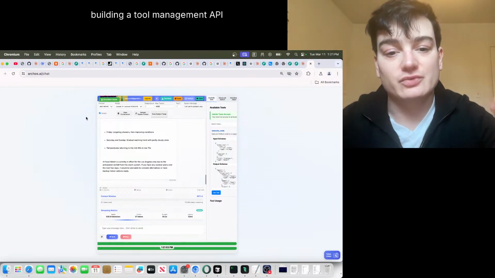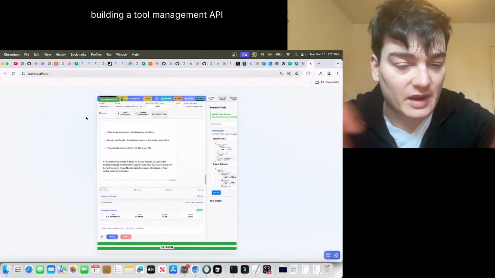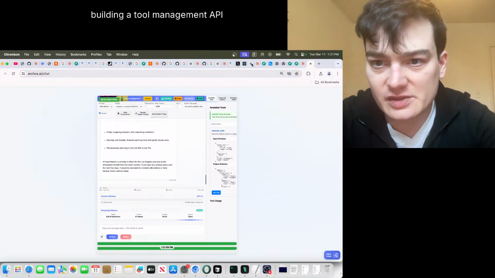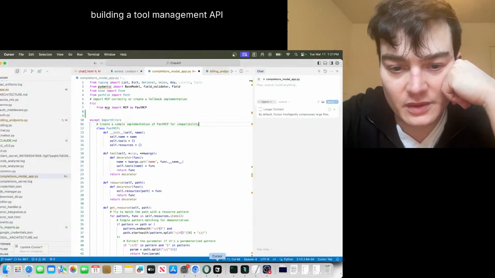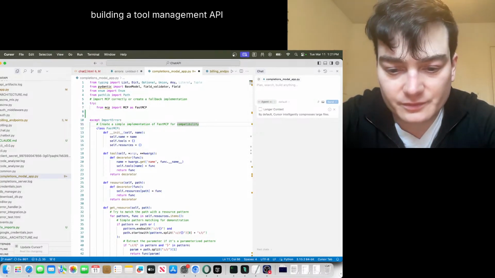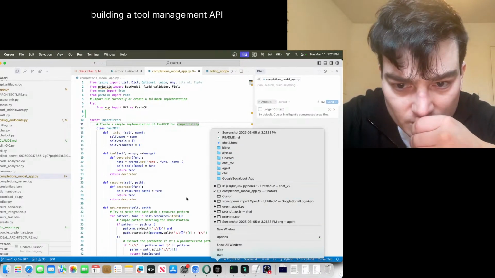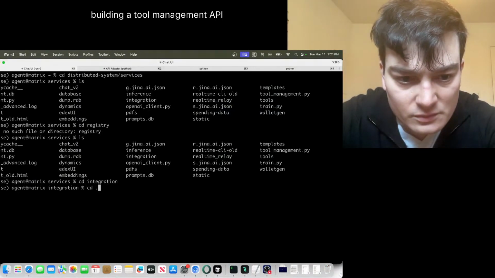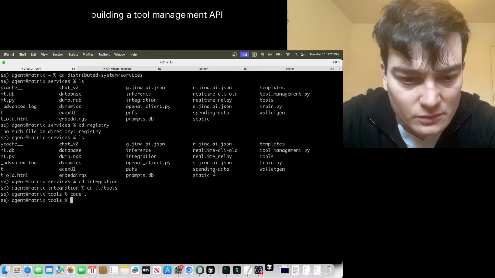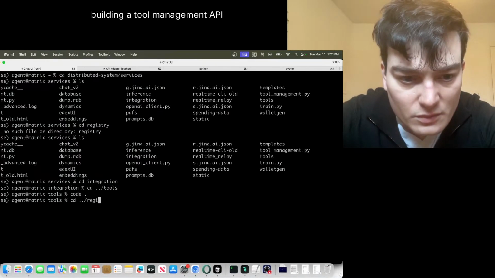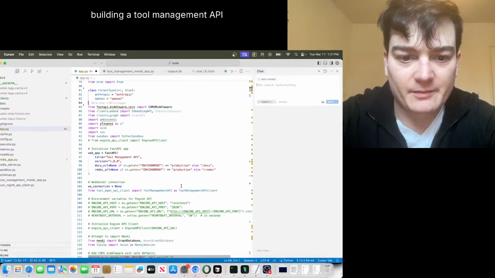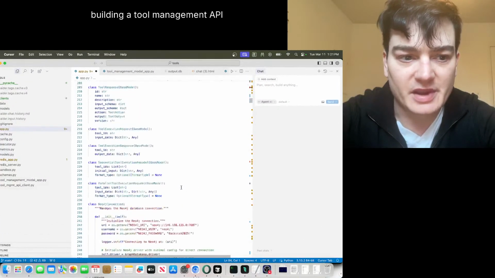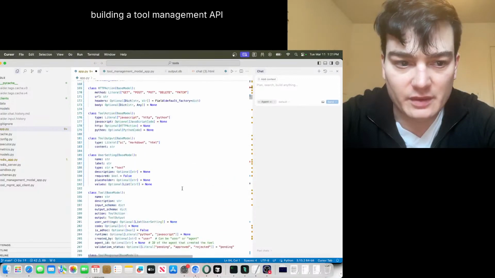So if it's up and it's running, the data should be in the graph. I'm skipping over the graph, but that's where everything's stored, right, as we saw here. And what I want to get into a little bit is, so we have this tool API, and you can just imagine, okay, you have this big FastAPI, and